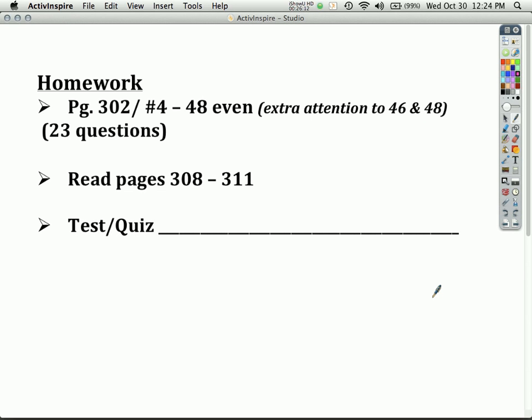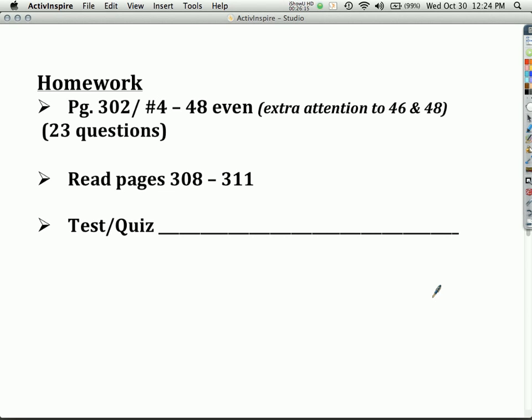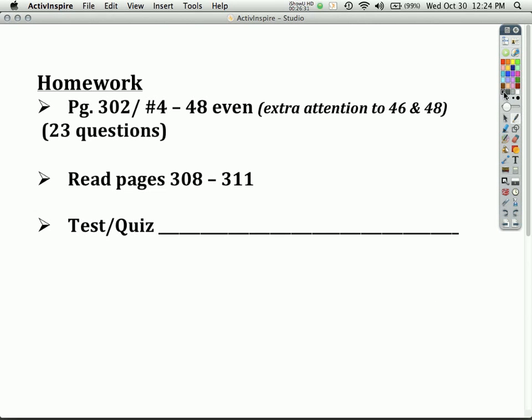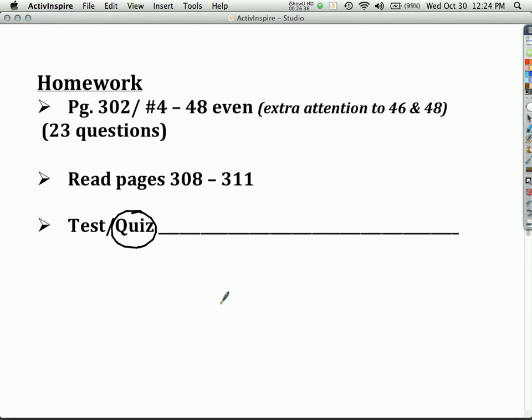Draw a line across your paper. Your homework is page 302. You're doing numbers 4 through 48 even. And your effort and your extra attention should be given to numbers 46 and 48. You're going to read the next section. And I had originally said you're going to have 2 quizzes this week. You actually have 1 quiz on formulas this week. The formulas will be Friday. And that's all formulas, all 10 of them. And then you will have a quiz on 5.1 to 5.4. I had originally said